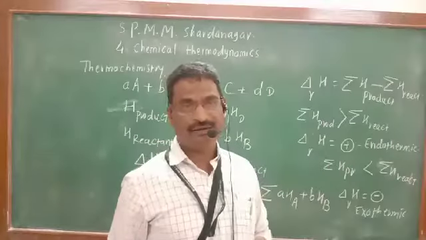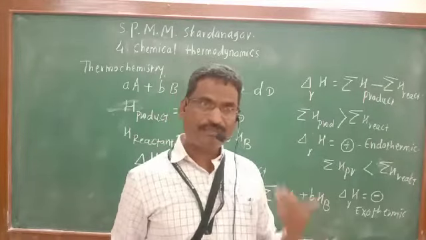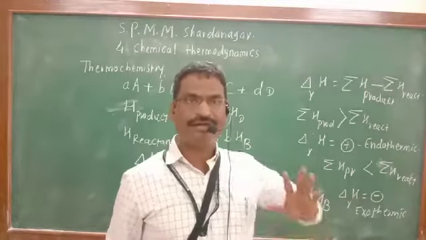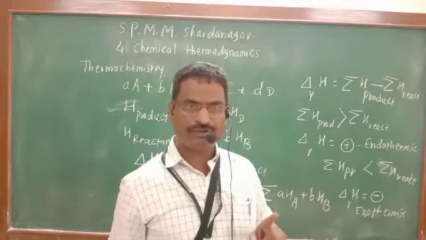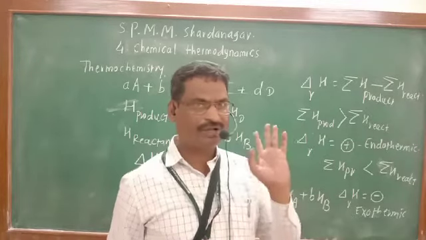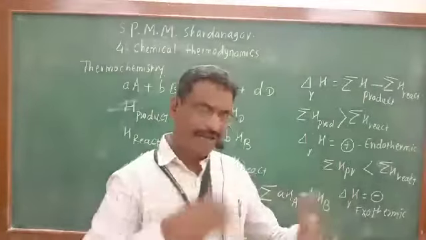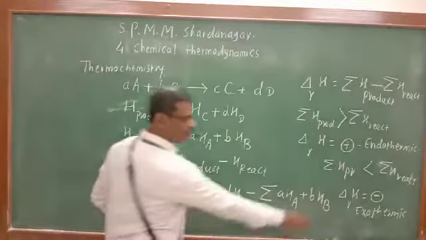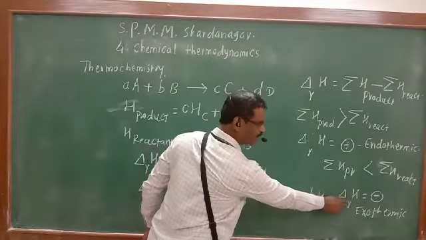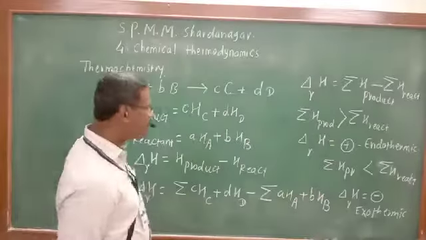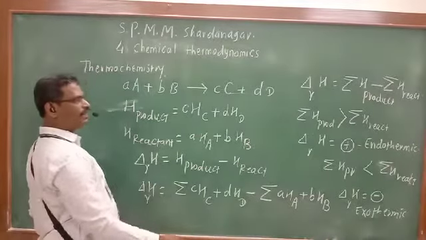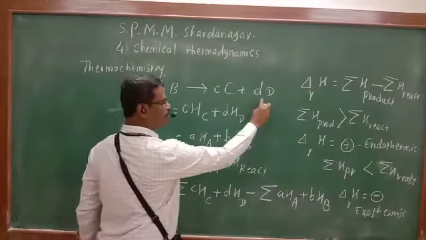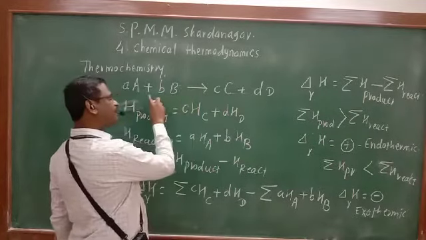A certain quantity of heat is absorbed by the reactants and they are converted into product. Only in that case delta H is positive, and that is known as an endothermic chemical reaction. On the opposite hand, for an exothermic reaction, delta H is negative. Since delta H is negative, the enthalpy of the product is less than the reactant. Here they have a value less as compared with the reactant.